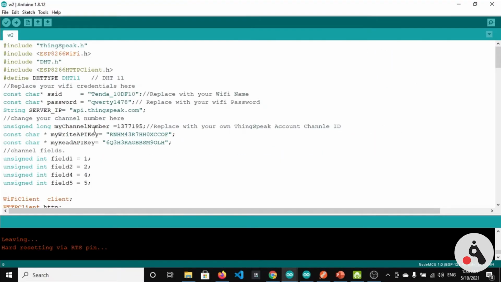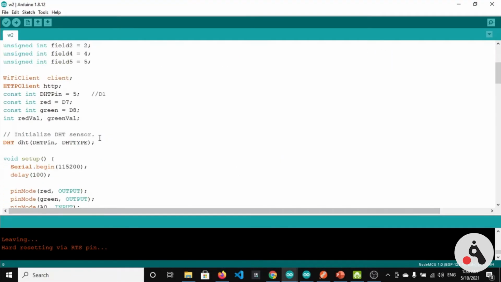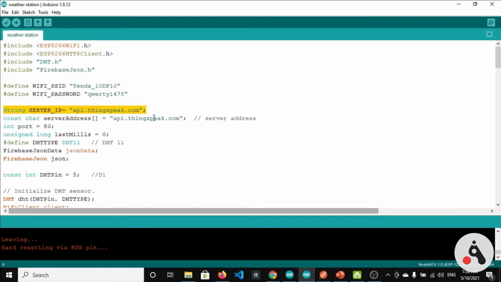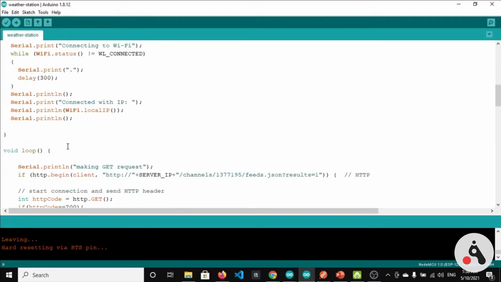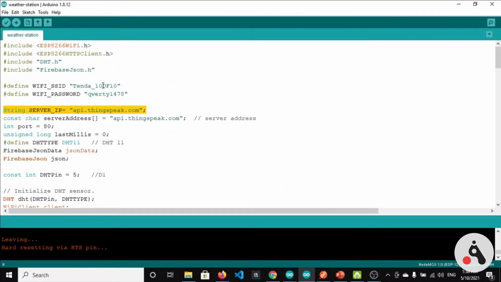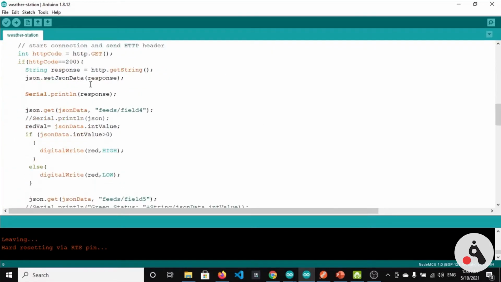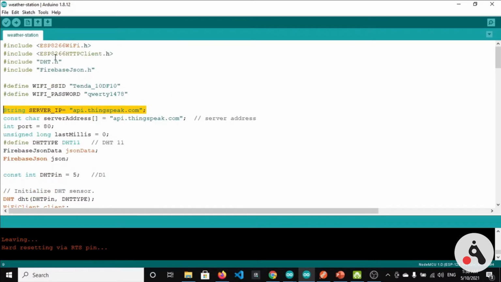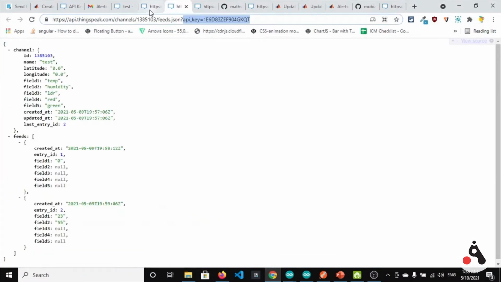So we have used the same library here, and we have also used another sketch which is doing the same thing. In this sketch we are making the API calls using the ESP8266 HTTP client. So it is the same thing as making these HTTP calls from this browser.